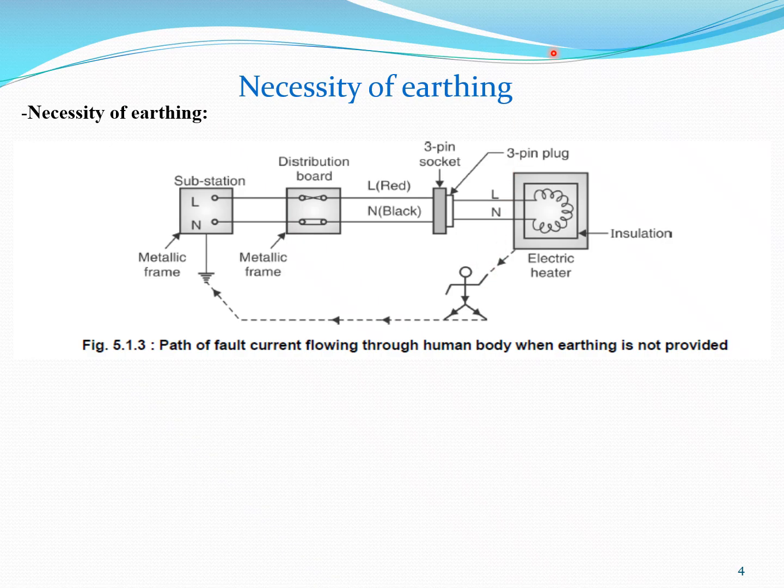But as the earth wire provides a very low resistance to the flow of fault current and the human body provides very high resistance to the fault current, the total current is diverted to the earth through the earth wire. Thus, the operator is protected against the electric shock because of the earthing only. Hence, in short, we can say that the electrical earthing system is important to provide safety.